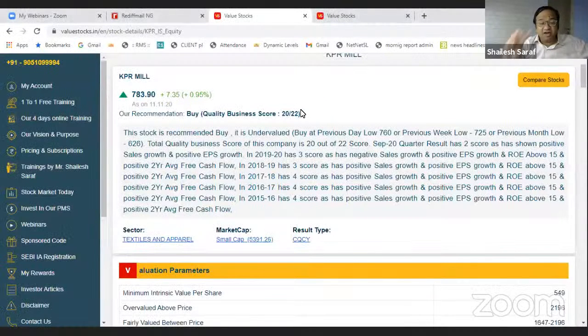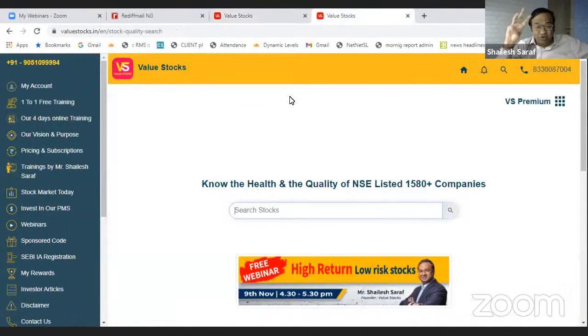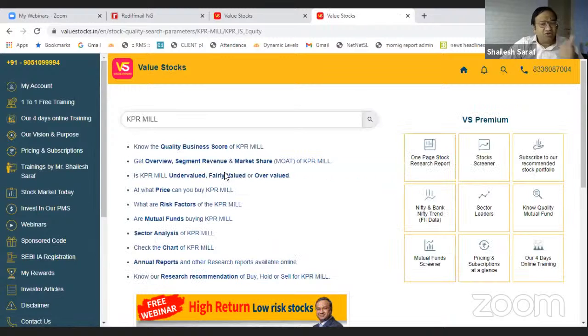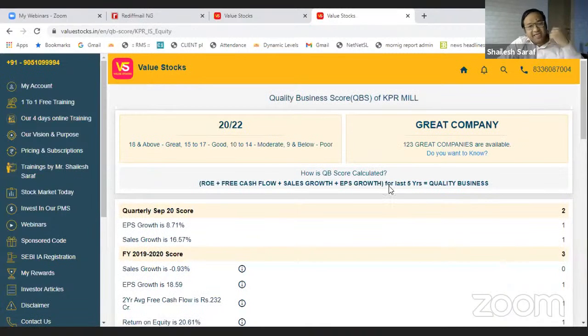Sales growth, ROE, profit growth, and free cash flow. Because I'm spending a lot of time in mutual funds, I have a lot of evidence which I show. Okay, how many people, because most of you have already seen me, who are new, would you like to know evidence? Would you like to see some evidence that the 4 parameters like ROE, Vikash, can you click and you see how